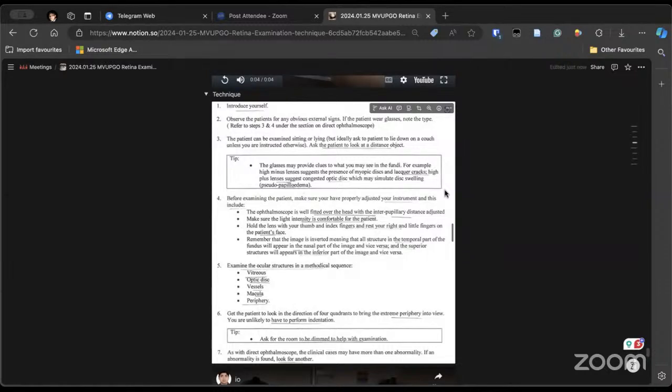And all of you know, I have told you about this lens, the white mark will face the patient, and you examine the periphery first. Though it is for the same thing, if you examine the posterior pole first, the patient will have difficulty, they will be uncomfortable, and the pupils will constrict if the patient is dilated. And in the exam, what happens is that patients are there for a long time, and they have been getting examined.